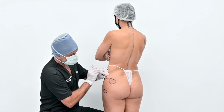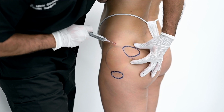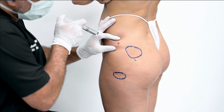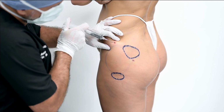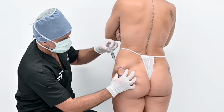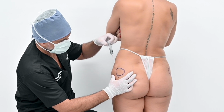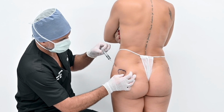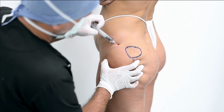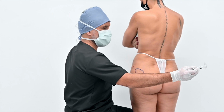Let's start with this zone. Same story, I will pinch for a deep injection, and I will